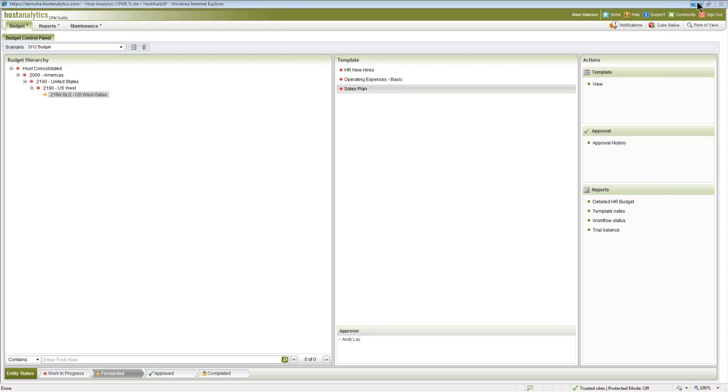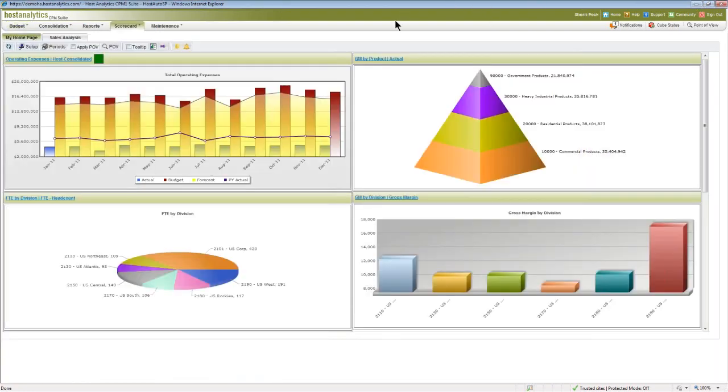Someone else in the system, let's say I've just logged on right before we started as myself. And my role in this case is a higher level user. I'm at corporate, I'm a finance manager, and I have access and I need access to more information. What each user has up here on the right-hand side, besides having help screens and some status, you also have a home page. And each user individually has the ability to set up whatever screen that they would like to go to as soon as they log on.